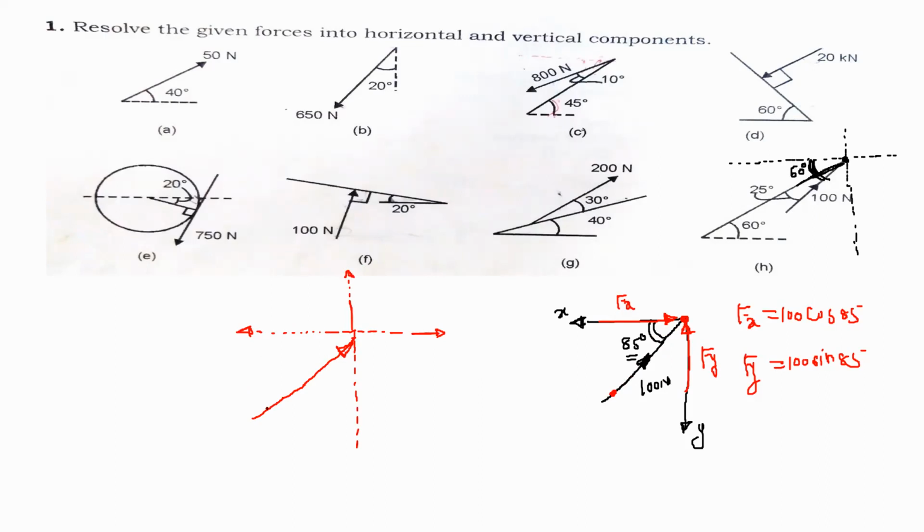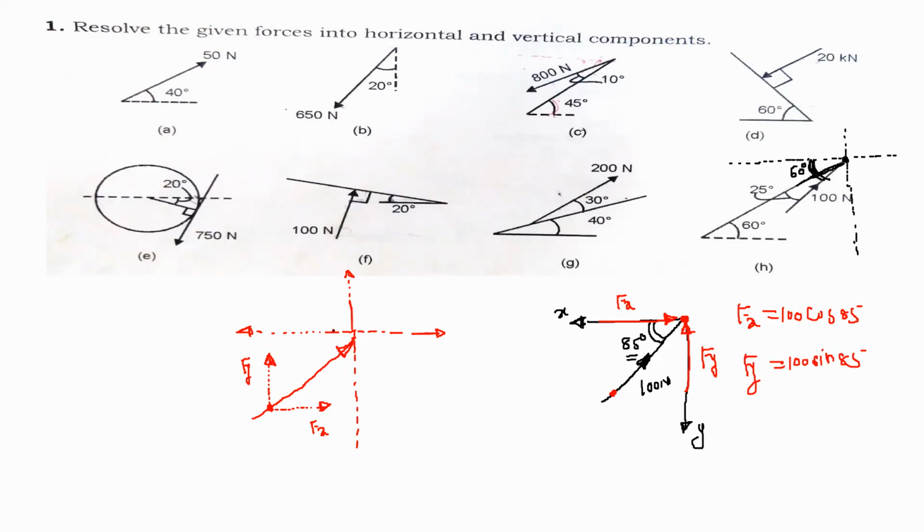So suppose I want to resolve the force at this point. We have to just draw the parallel line to the y-axis. That means your y component, and we have to show the direction along the direction of this arrow. So this is the direction of the y component, this is your Fy. Then draw the second vector which is parallel to the x-axis. This will be your x component, and its direction is in the direction of the arrow. So this is Fx and this is Fy.